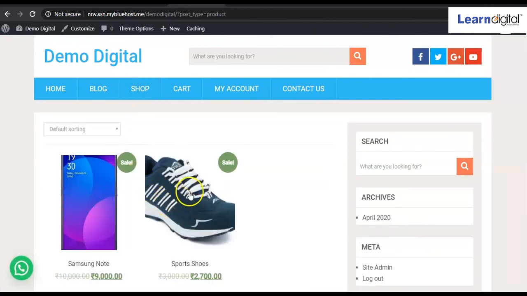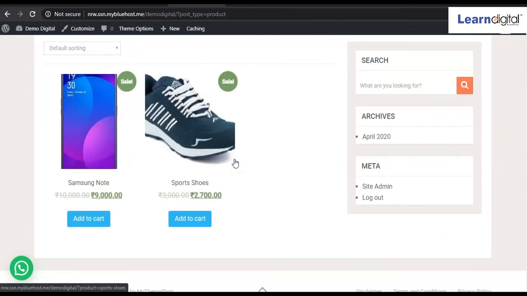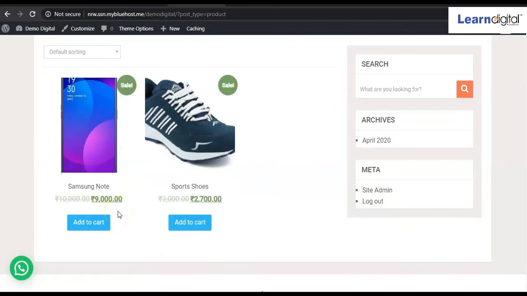Now here you can see the shoes image, mobile image as well. This image, a little bit of the part is cutting over here, so you have to optimize your images as well, right? So now we'll be doing testing on this. And these are the widgets. In the last video I told you, if you want to remove this one, simply you can remove the widgets from here as well, right? So now we have to do testing on this one.